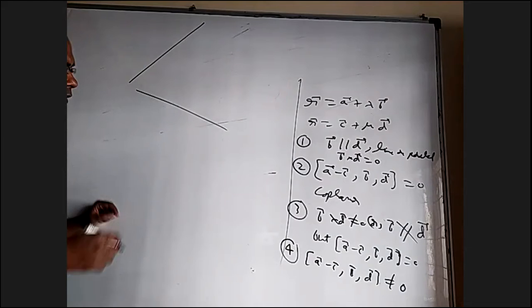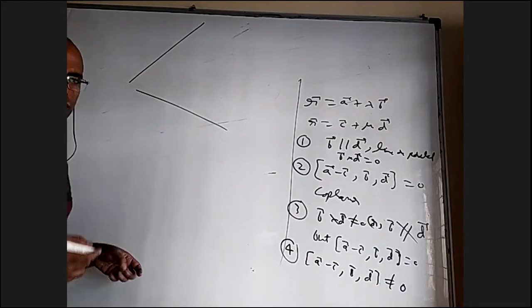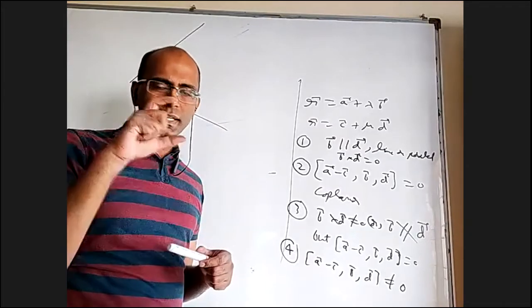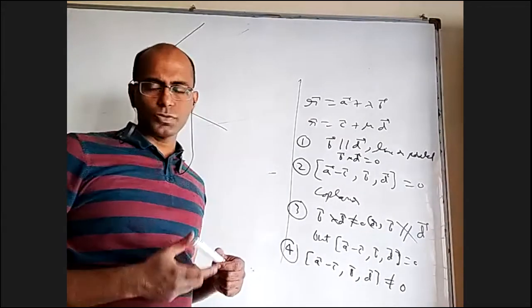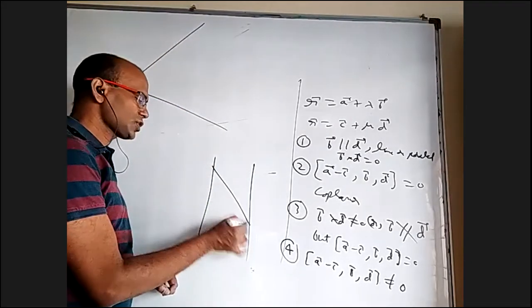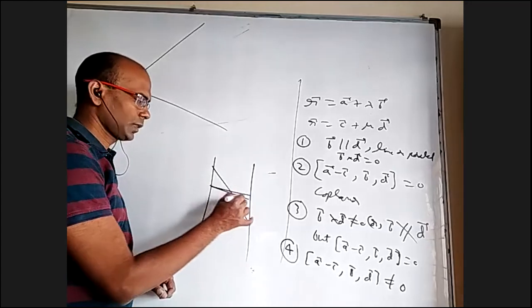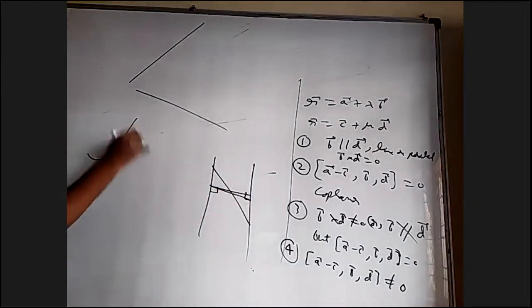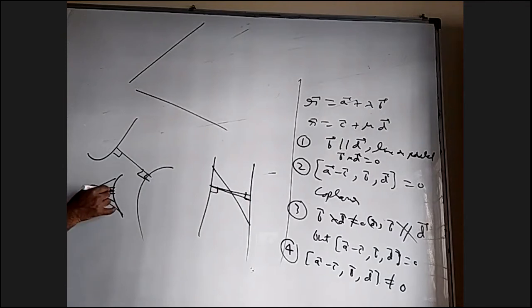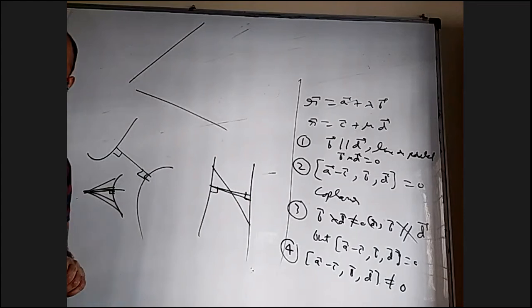How to find that shortest distance? First of all, with a little common sense, you can visualize that whenever you want the shortest distance between two curves, that distance line should be perpendicular to both the curves. Let's say I have two lines. Is this distance shortest or this distance shortest? This one, which is perpendicular. Let's say I have a curve here. I may get this as the least distance between the two curves, but it has to be normal. If I take a point and find all these distances, the distance is least at that point where the normal passes through. You can easily understand why it is so.